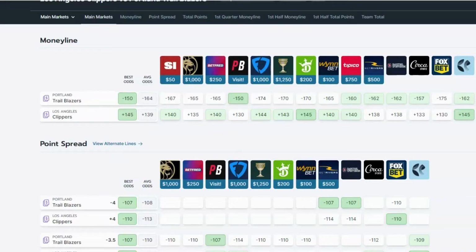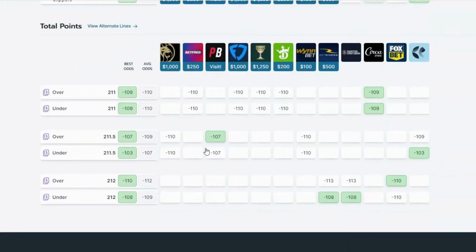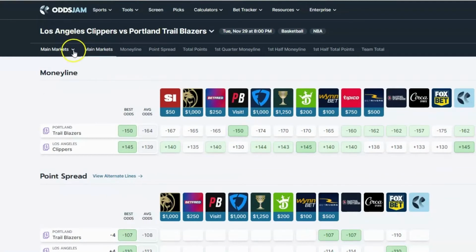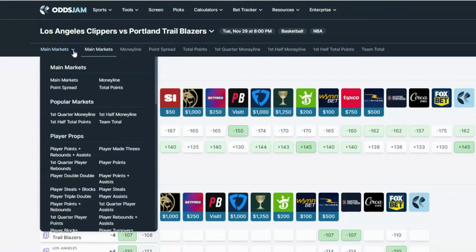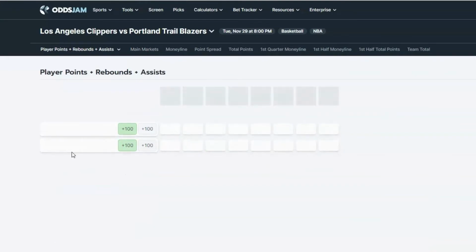You come back over to OddsJam. We'd go through and try to identify maybe some player props, maybe look at the total, see where things are at in that regard. But you simply use this tool to get your legs of your single game parlay and your promo together. So maybe you want to take a look at player points, rebounds, and assists to see if we can find anything there. You can also use the positive EV page, the arbitrage page, and I'll show you that here in a second.